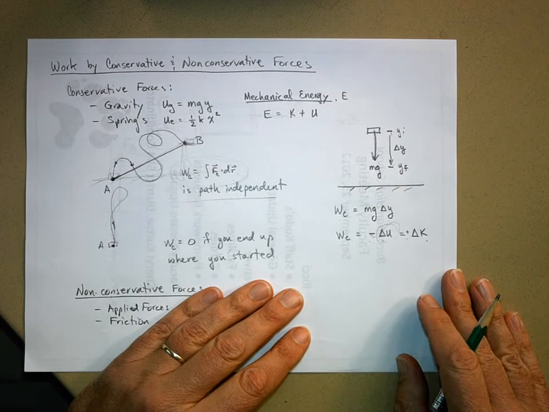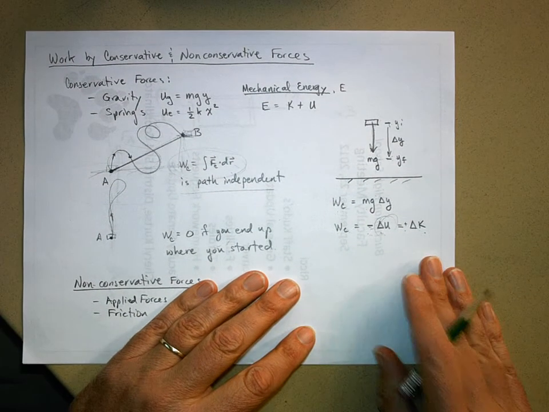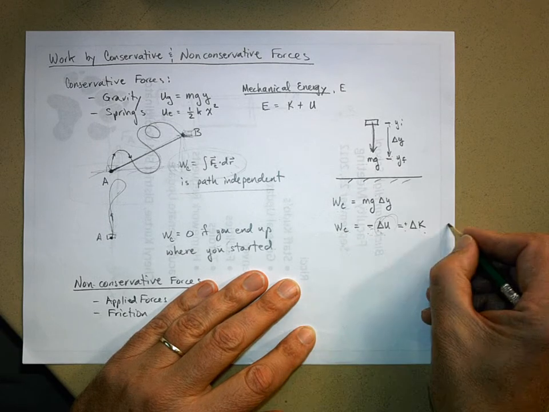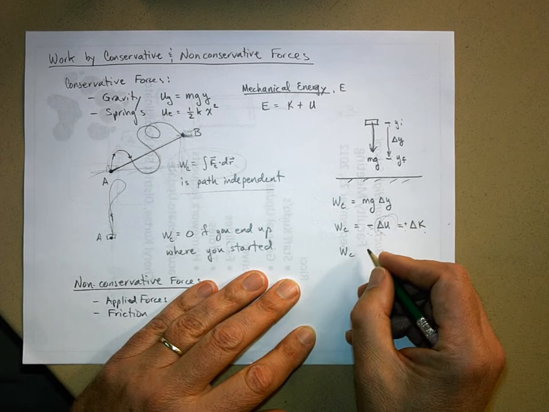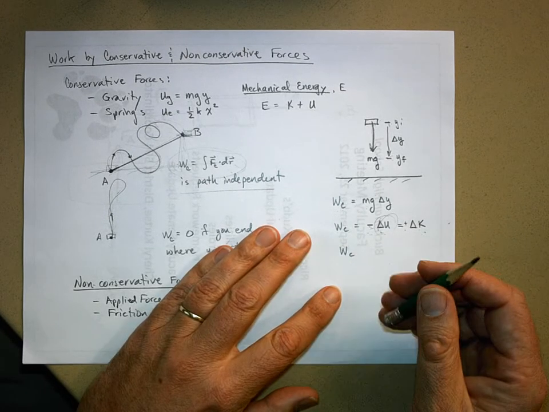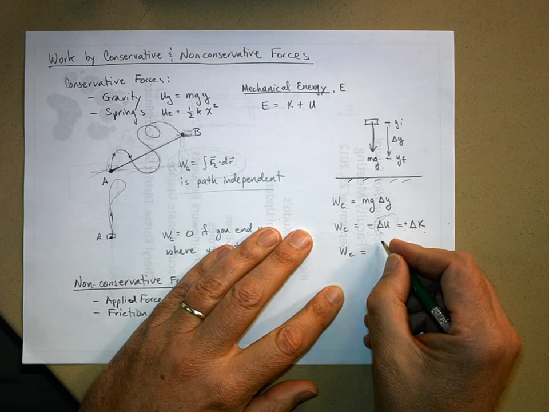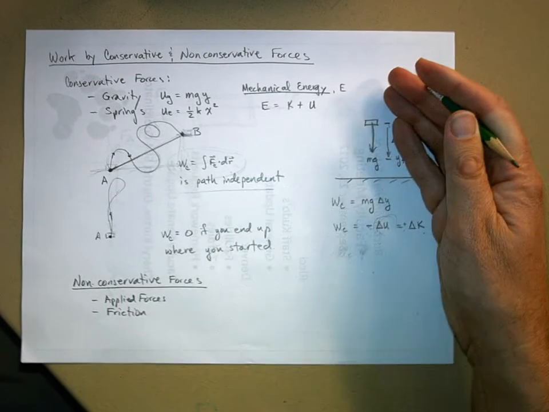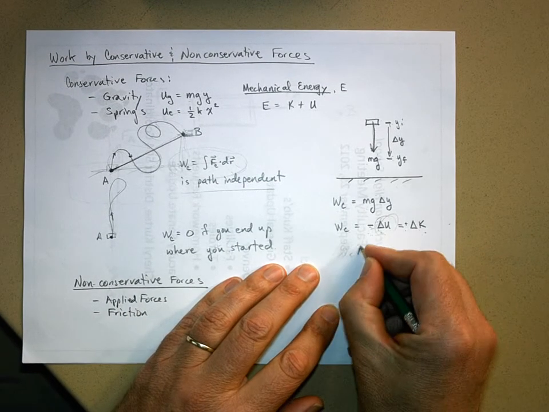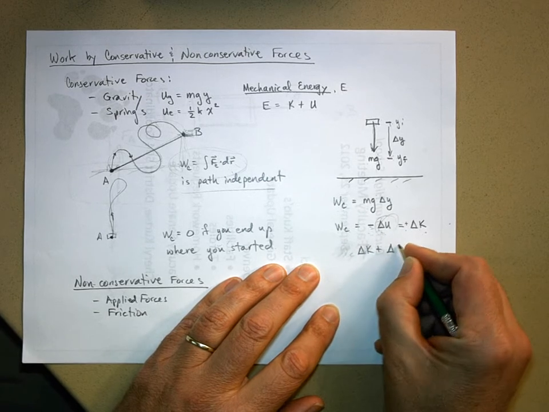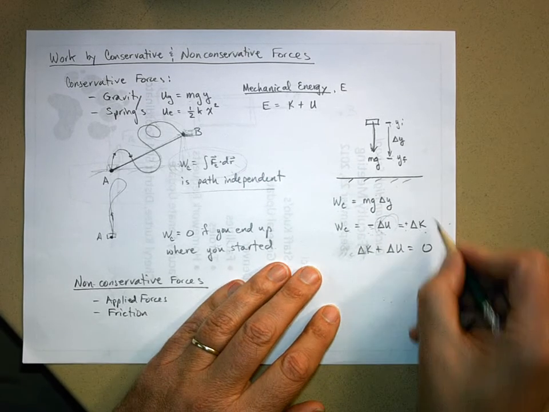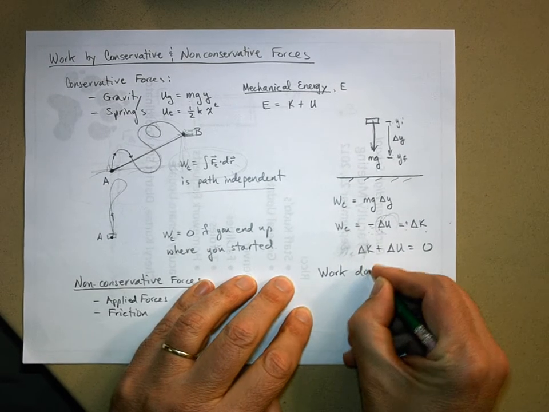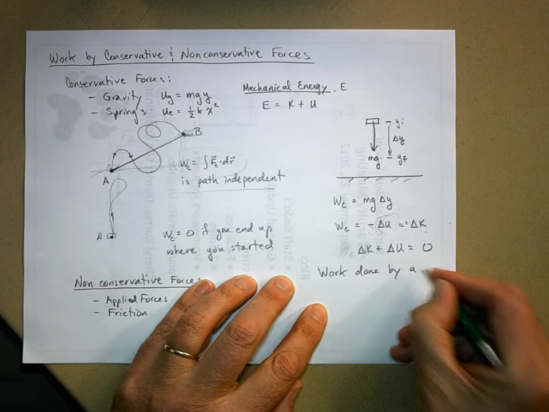And so what we can say is that the work done by a conservative force, well, will be equal to, no, that's not right. Hold on. Well, we have delta K plus delta U equals 0. Now if I put this on the other side, what this means is that the work done by a conservative force,